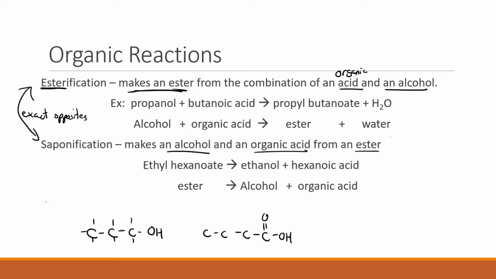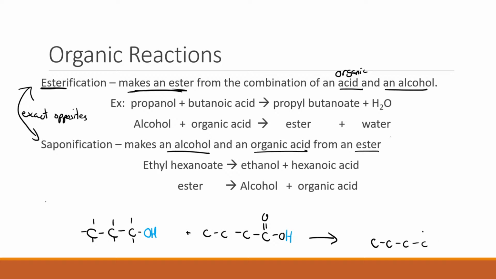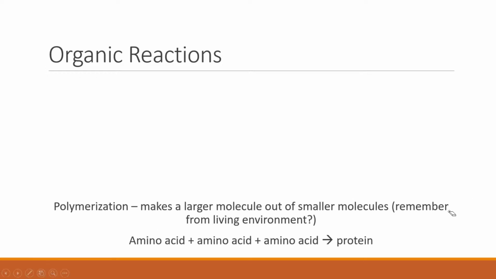Here we've got propanol and butanoic acid, and when these two combine, we can take away that H and OH, which I'm going to put here in blue. And we're left with